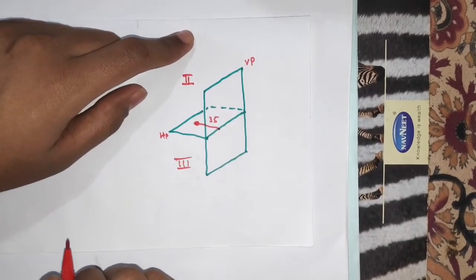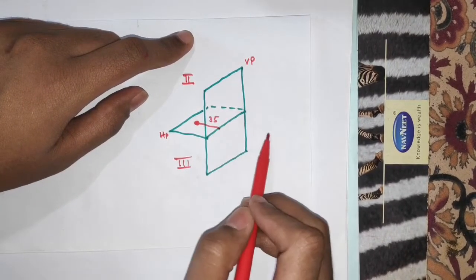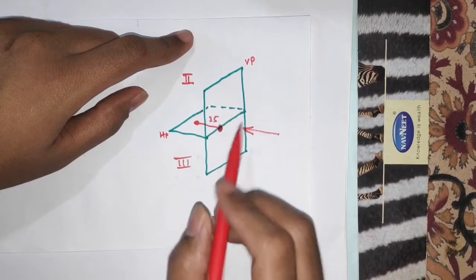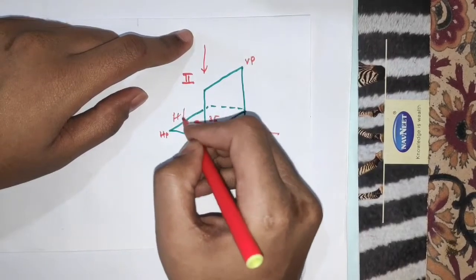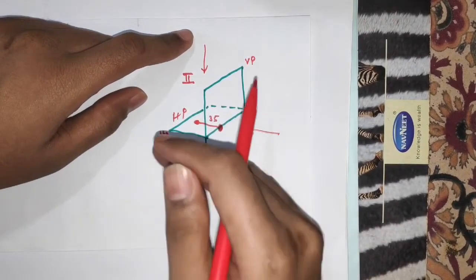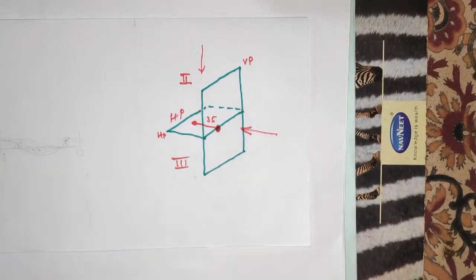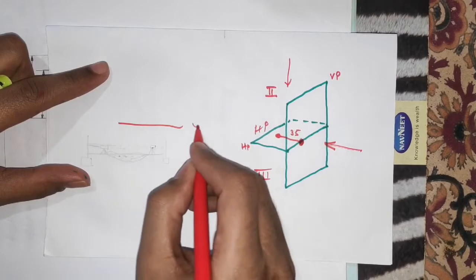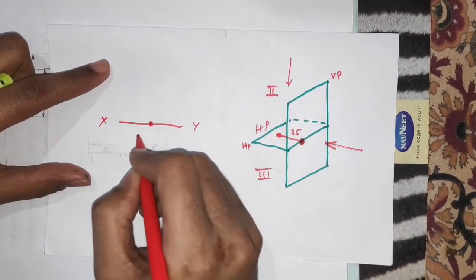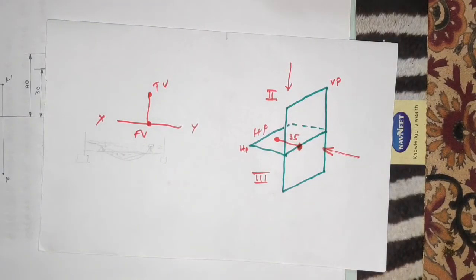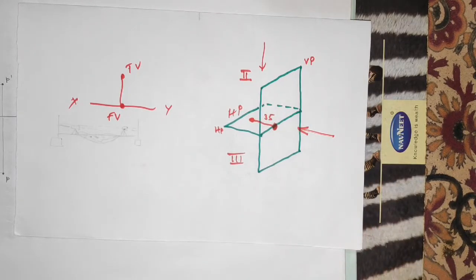And how will you do the projection? For this projection, your front view, because you are seeing in this direction, front view will be on XY line, the top view will be on HP, and for third quadrant as well as second quadrant, both HP is above XY line, so your top view will lie above XY line. So how it will be? If this is your XY line, so this will be the front view, then this will be the top view. Is this clear? So let us take this concept and solve the problem.